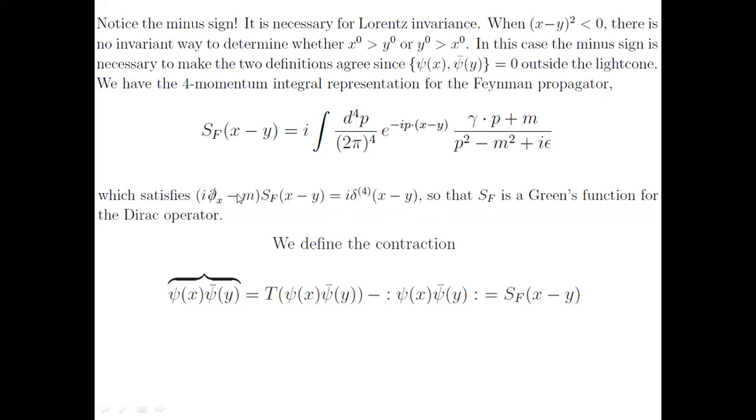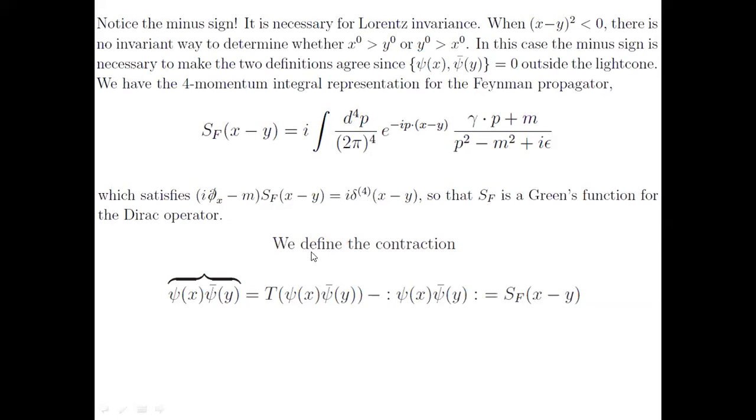Why? Because this will give minus i p from here, and this is p slash plus m, and if we act this on this, here is the momentum operator. This will simply give p slash minus m. The p slash plus m, p slash minus m will give p square minus m square, and both terms will cancel, and we will get a delta function. Only this term will remain. This is nothing but the delta function, right? Okay. So we have derived the propagator of the Dirac field. This is the Feynman propagator of the Dirac field.